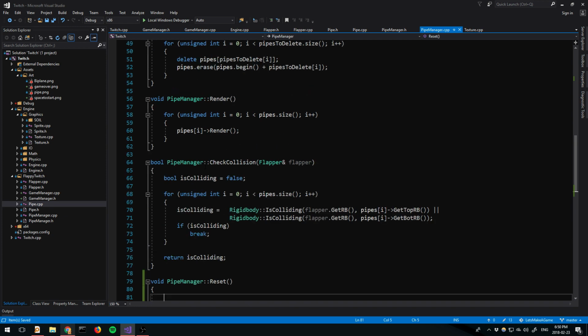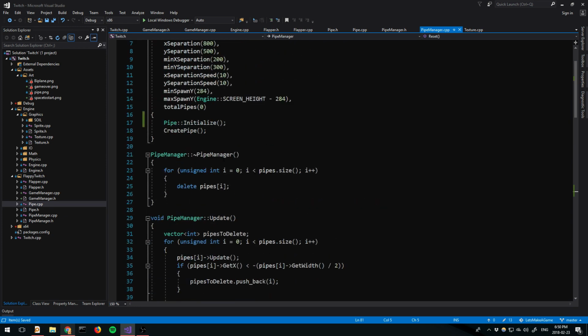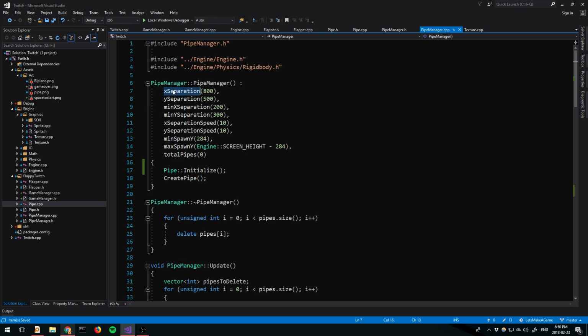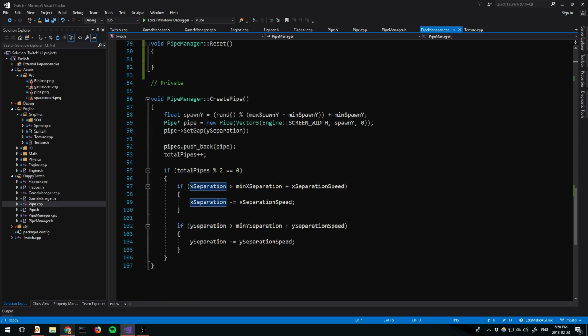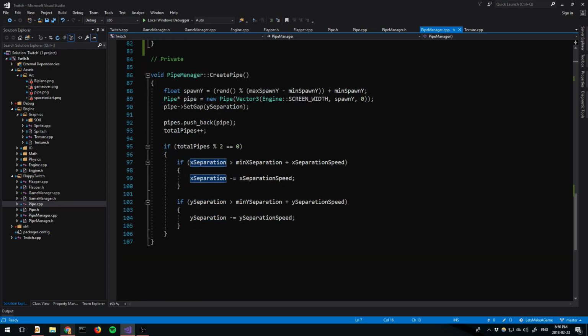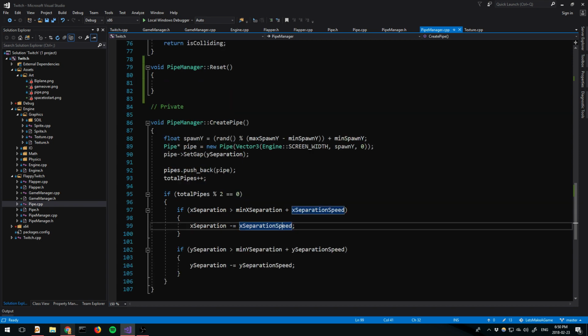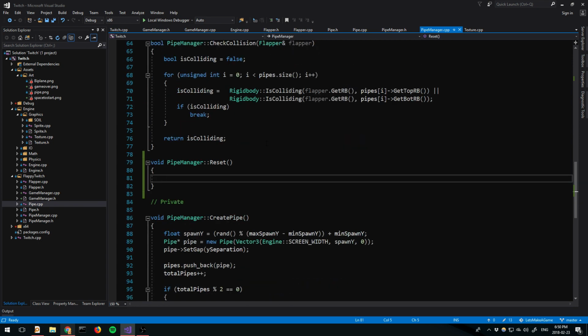And in this case, really what we want to do is just delete all the pipes and then clear our pipe array. Oh, and we'll want to reset these guys as well, because they'll have moved, right? So total pipes will have to get reset, and then these actually get changed based on the speed, the more pipes we're dealing with, or the more pipes that have been spawned. So we'll want to reset these to the starting values as well in reset. But really what we're doing is